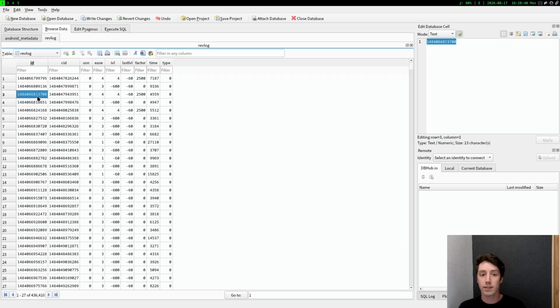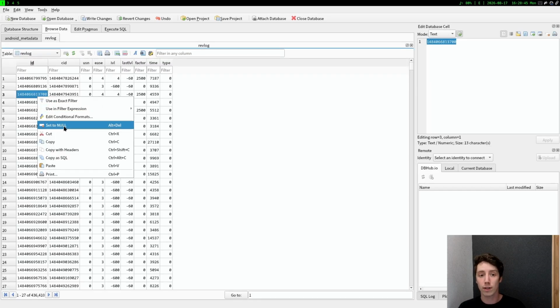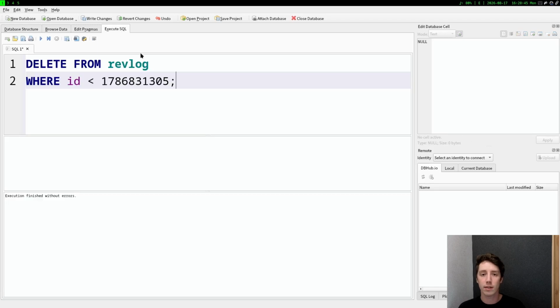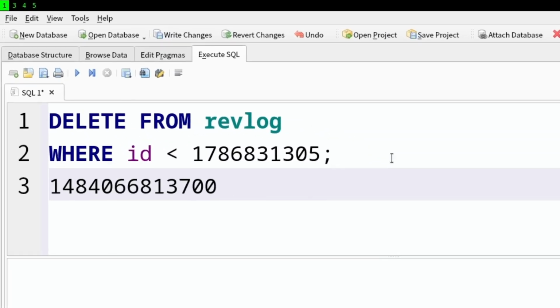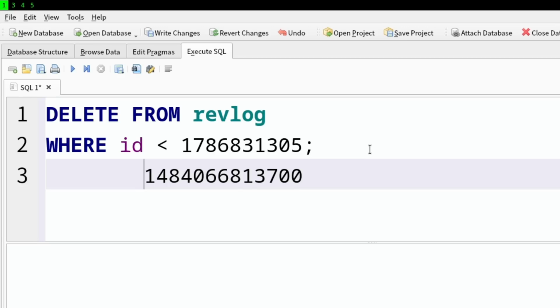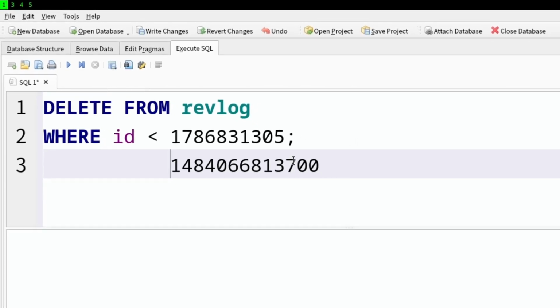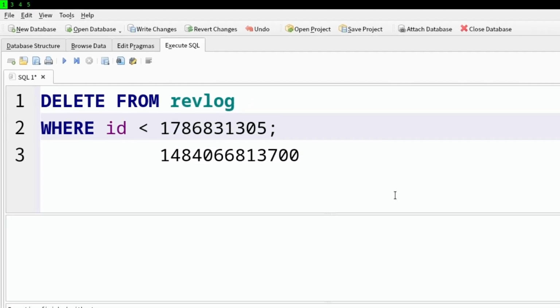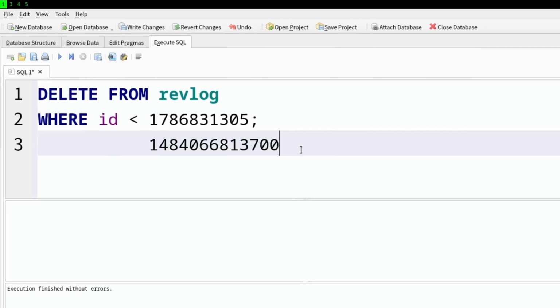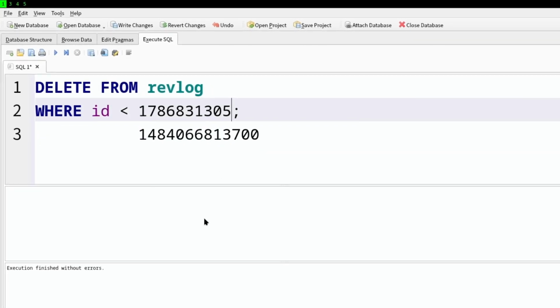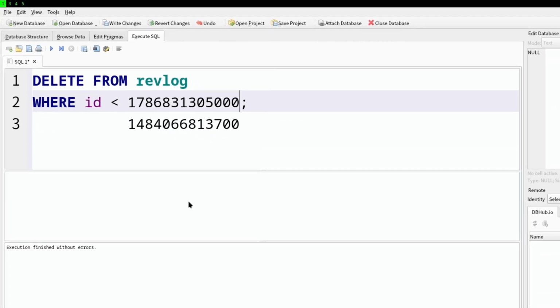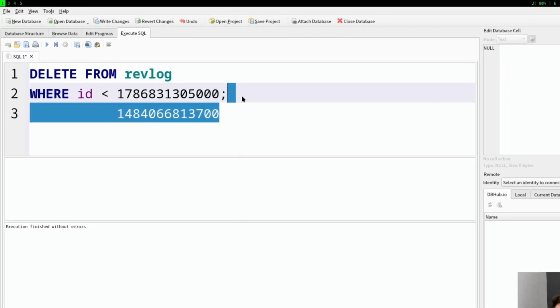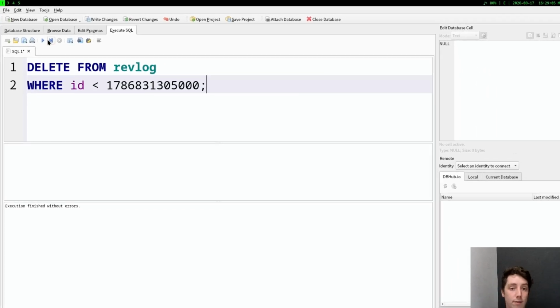If you look at these numbers, they're a lot longer. So if we quickly copy this ID, any random ID is good enough, and we paste it next to here, you can see we are missing some numbers, and that's because this is in seconds, this is with milliseconds. So what we do is we add 3 extra zeros on here, and that should do it. If we run this now,